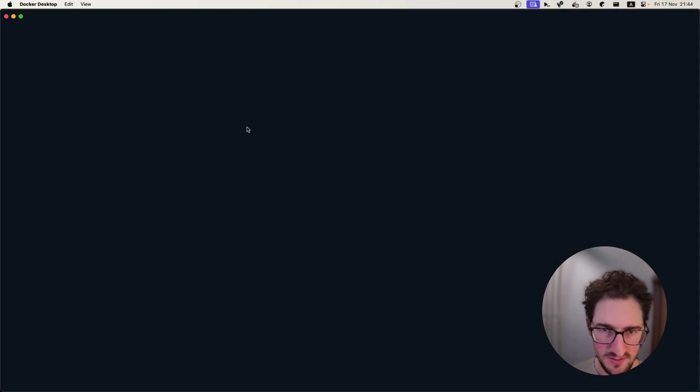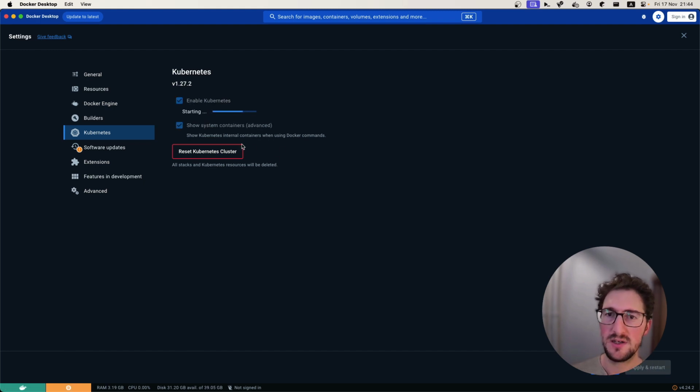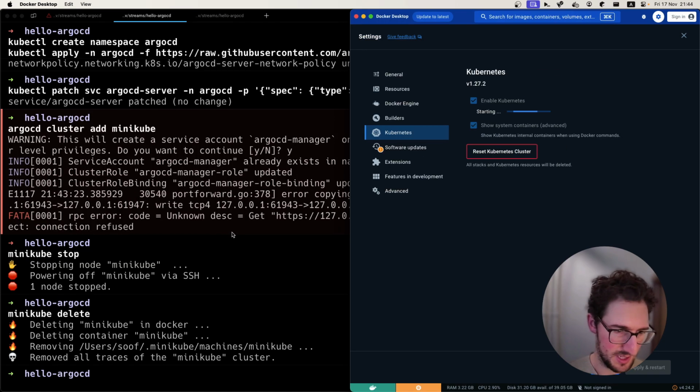So settings, Kubernetes, enable Kubernetes, show system containers. Yes. And apply and restart. And this is now going to actually take a while because Kubernetes is quite heavy. I don't know if we can actually introspect into the logs of this, but we'll try to see. While this is running in the background,